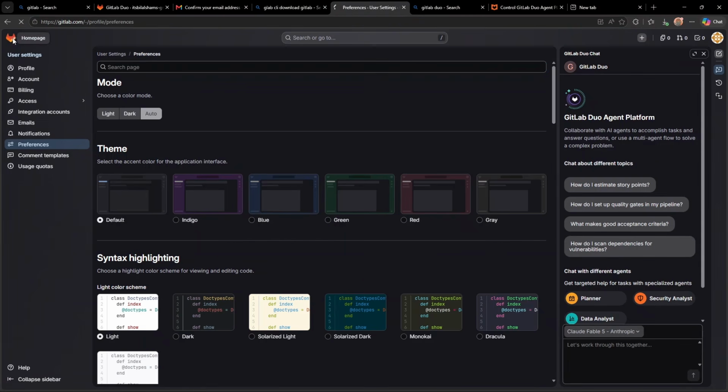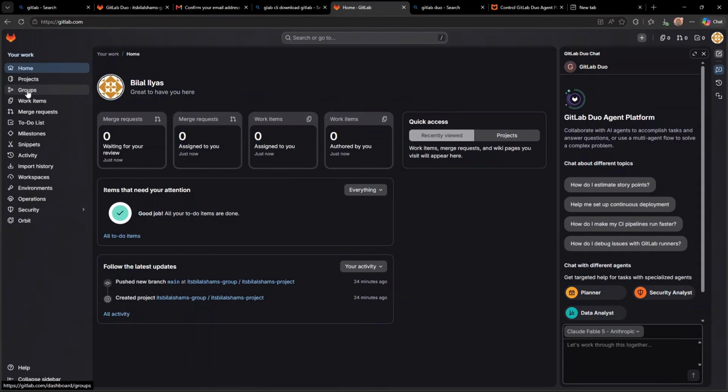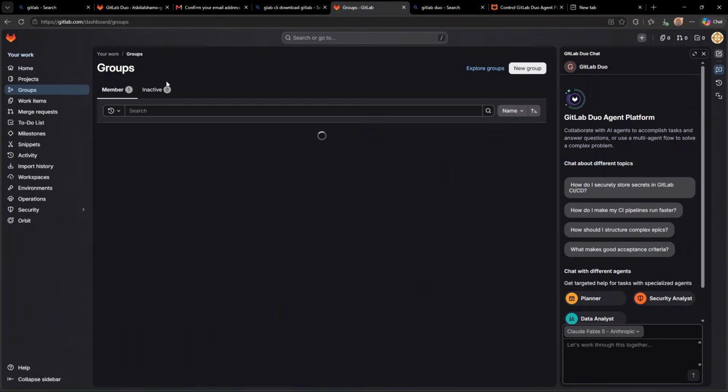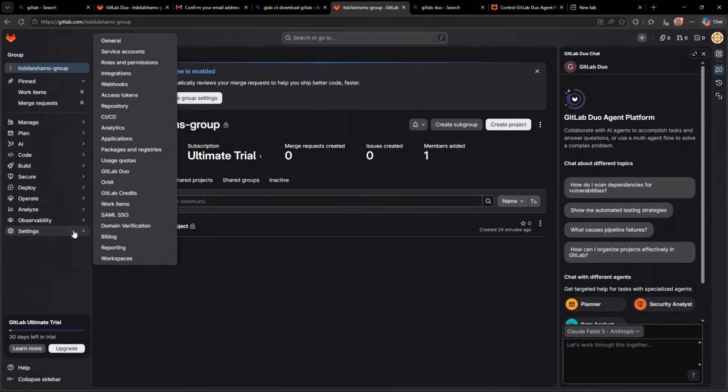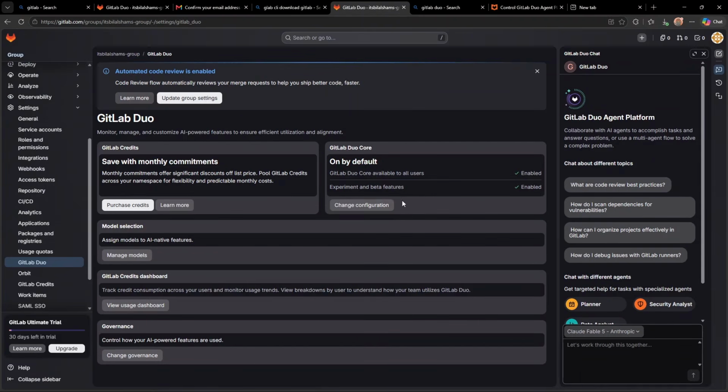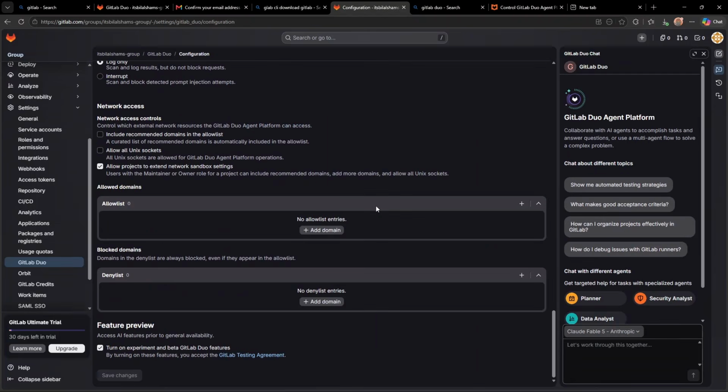Now go right back to your terminal, type in the command GitLab Duo CLI, and press Enter. You now have full, unrestricted access to the power of Claude Fable 5 directly inside your terminal window. You can run complex developer tasks, ask questions, write clean code, and let this advanced agent build out entire projects